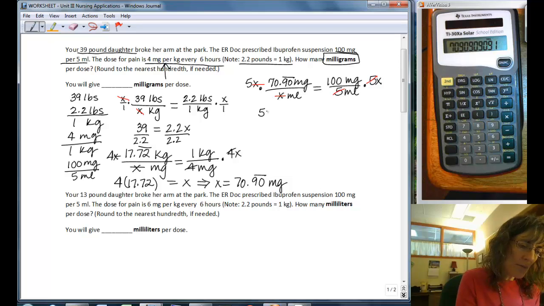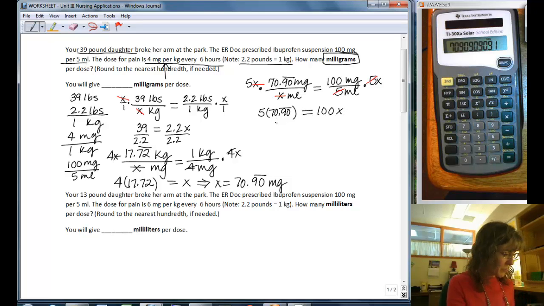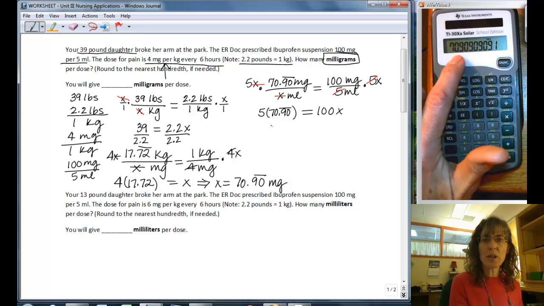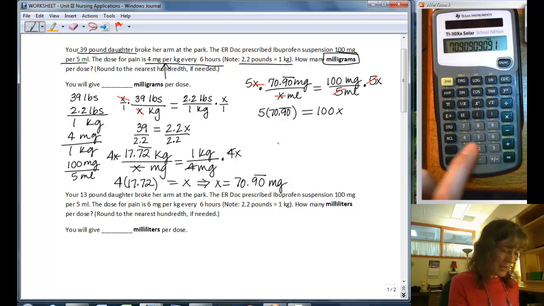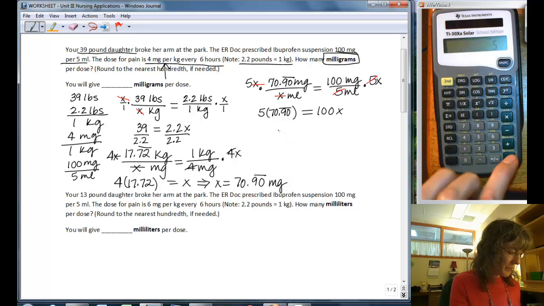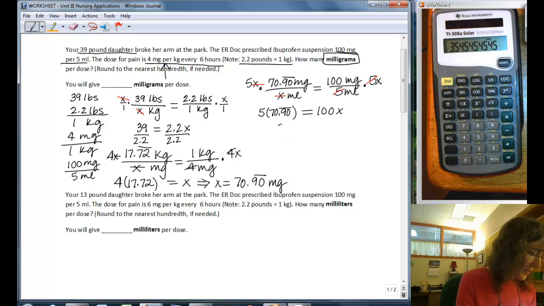And I have 5 times 70.90 repeating equals 100x. So multiply, there's my 70.90 repeating, so I'm going to multiply that by 5, and I get 354.54 repeating equals 100x. Divide both sides by 100,